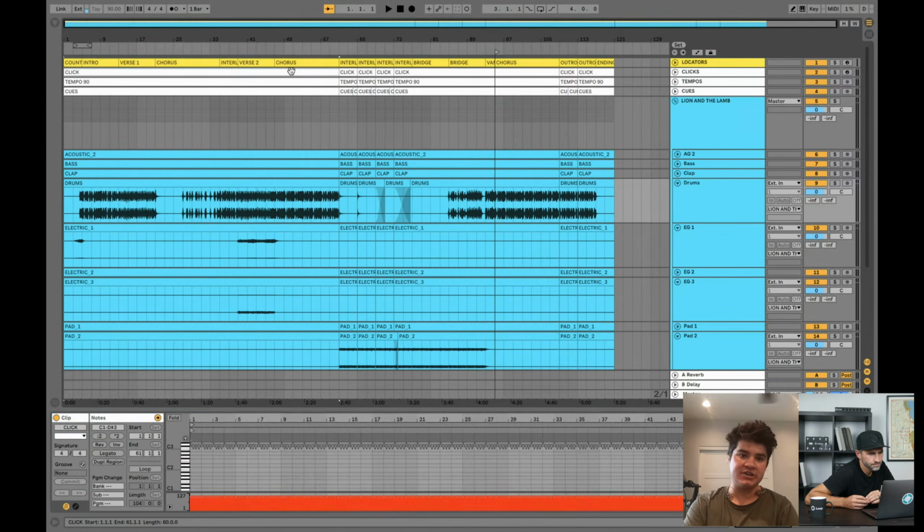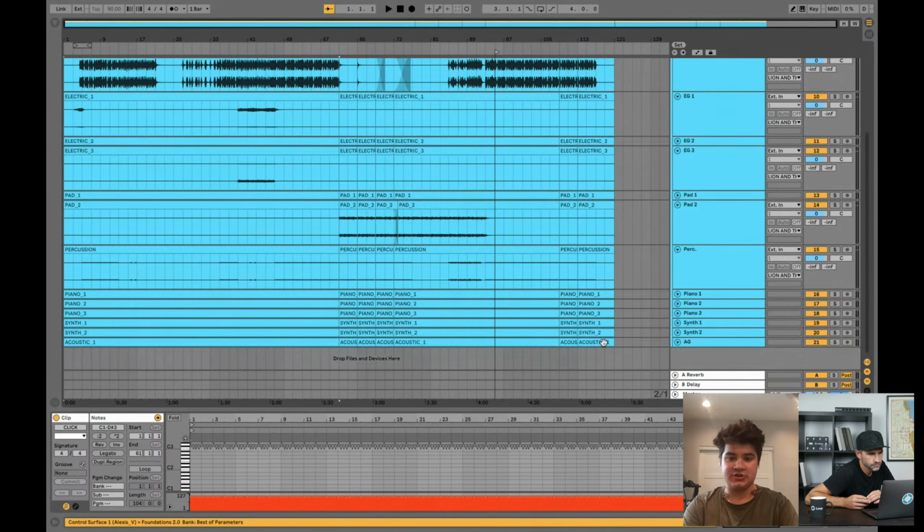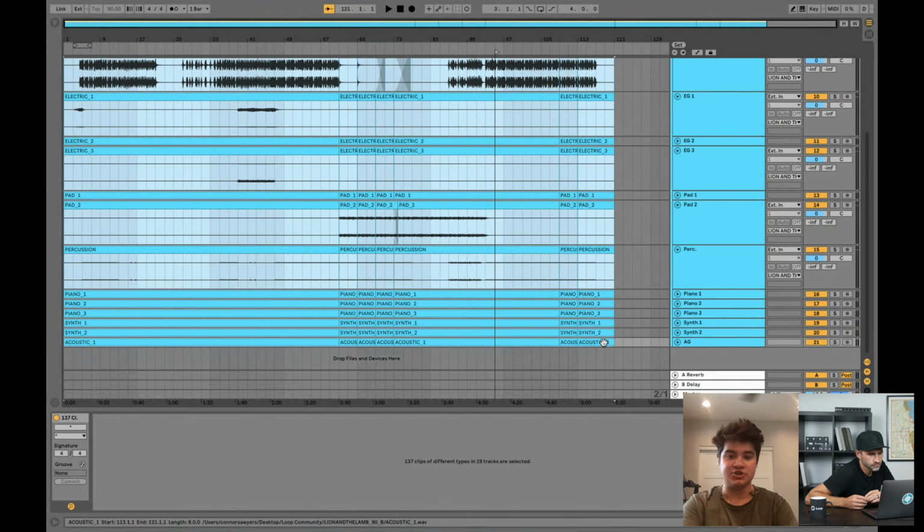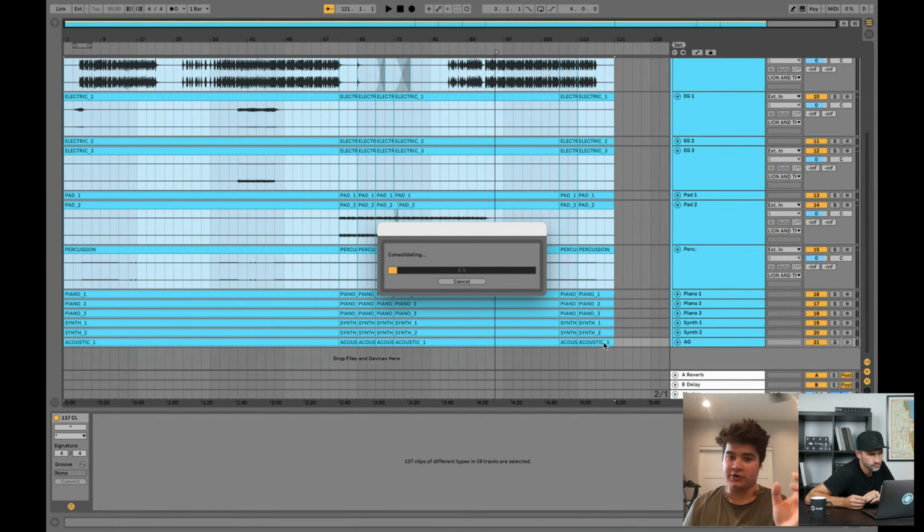So that would be consolidation. All you have to do for that is select everything and then Command J. It'll go through and it'll consolidate. And what that does, it just blends all of those stems together like it was one stem. And that's a super great tool to use, especially if you're doing a lot of warping with keys, if you're doing a lot of warping with timing, if you're doing a lot of crossfades. That's just a lot of processing your computer has to go through in every single moment.